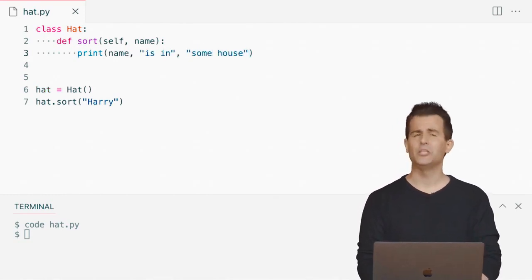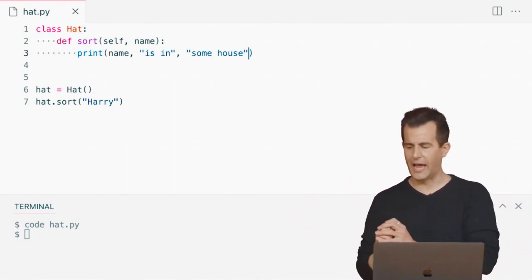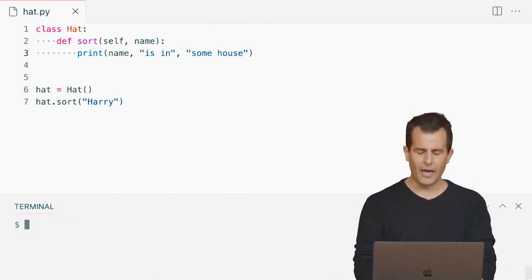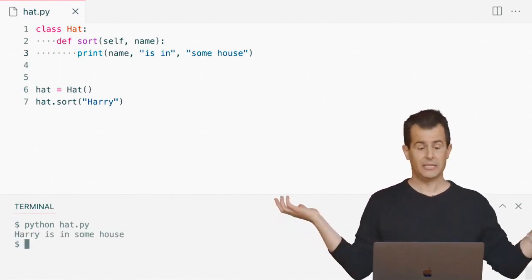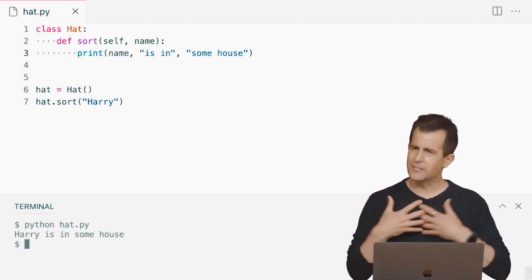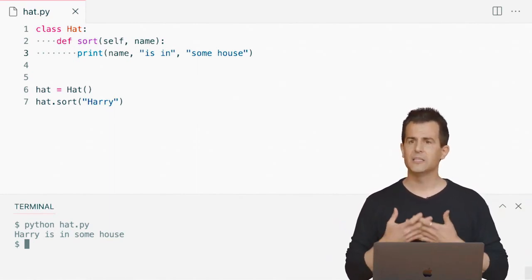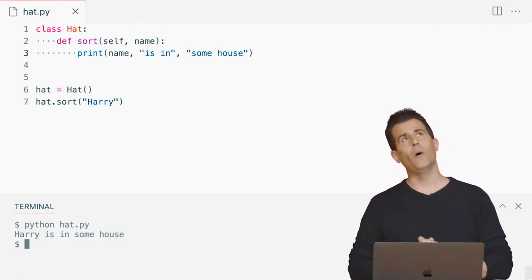I'm going to again use some placeholder code for myself because I'm not quite sure how to finish implementing this sorting hat. But I think that's enough to just test where my code is at now. Let me go ahead and run Python of hat.py and hit enter. And it looks like, indeed, Harry is in some house. We're not done yet because it's clearly not doing anything interesting, but it at least is running correctly with no errors. Well, let's go ahead now and decide